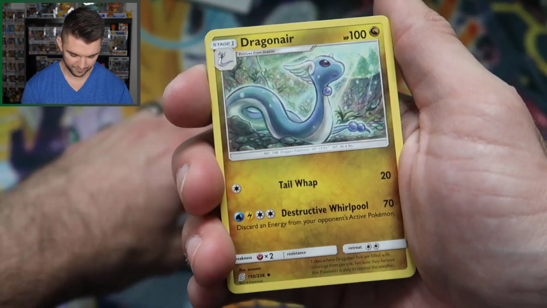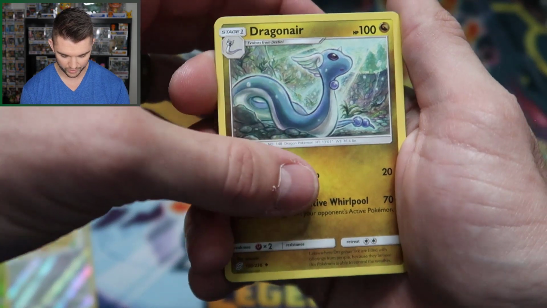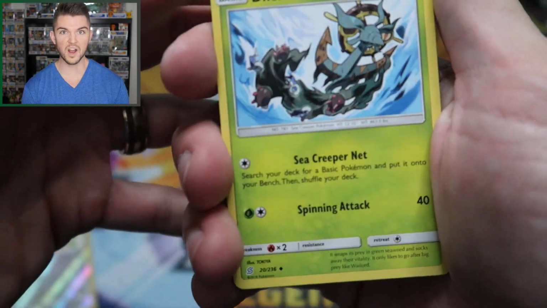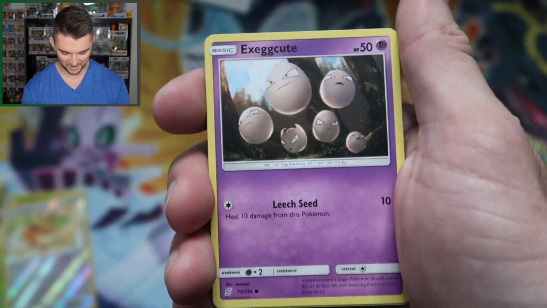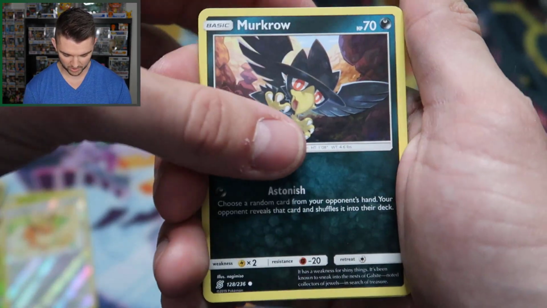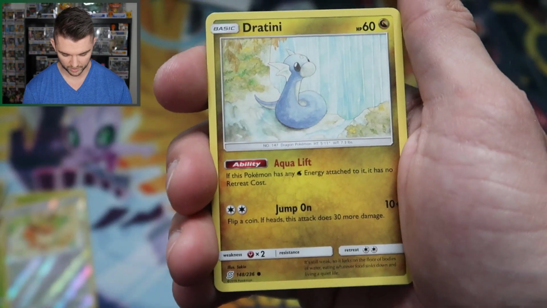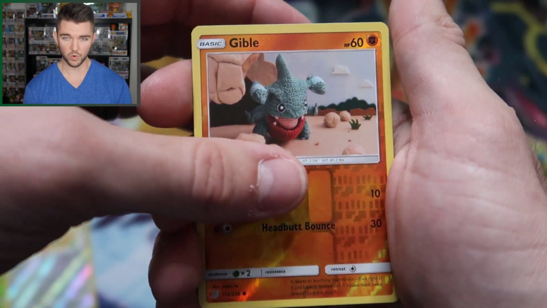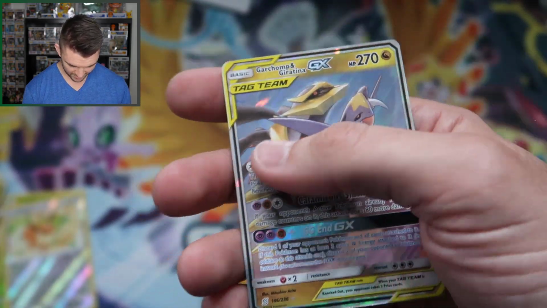Fairy. Alright, I'm very certain this is going to be a good pack. I can feel it. We got Dragonair. Gosh. The art is amazing. Dedenne! Got a Heracross. Murkrow. Dude, the art in this set. Snover. We got a Dratini. A Fungus. We got a Gible. And the rare. Ooh, Guard. Is this my...